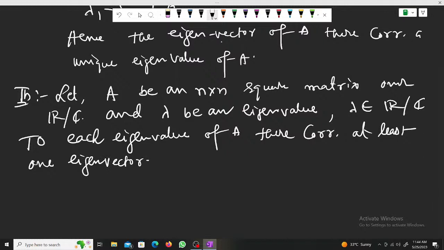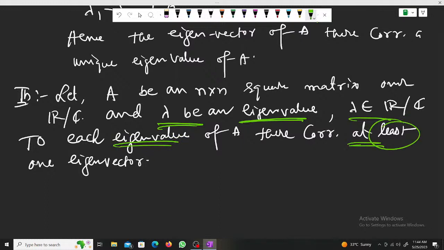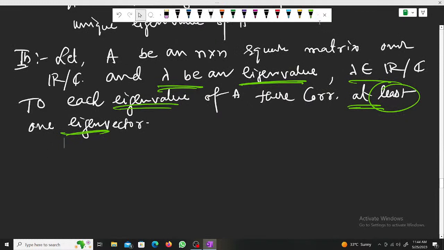কি বললাম, at least, A একটা n by n স্কয়ার ম্যাট্রিক্স ওভার দ্য ফিল্ড R or C, ল্যামডা যদি একটা আইগেন ভ্যালু হয়, তাহলে ওই ল্যামডার করসপন্ডিং এ আমরা অ্যাটলিস্ট একটা, ওকে, দিস ইজ অ্যাটলিস্ট one eigenvector exist. Okay,